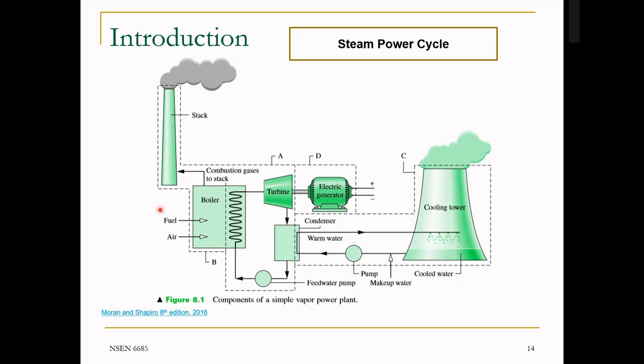Then there is a chimney, because we are burning fuel, and most of the steam power cycles are running on fossil fuel. We talk about coal, natural gas, and these kinds of things. So it's hydrocarbons. When you burn them, you're going to get some exhaust out, so you find that the stack is a major component as well. So this is basically the steam power cycle. And we call it a steam power cycle because it's mainly water that turns into steam, and the source of the fuel is fossil fuel. So that's a very classical